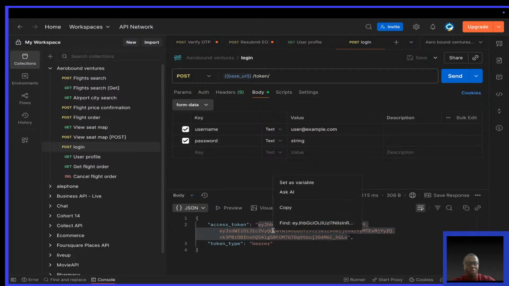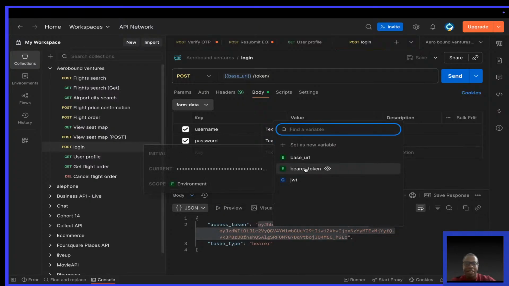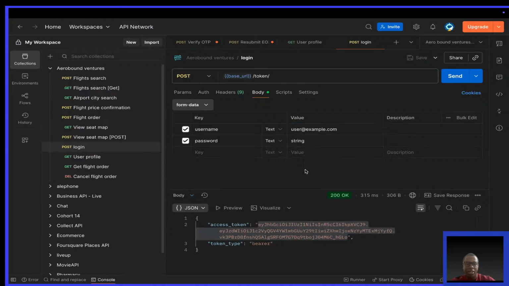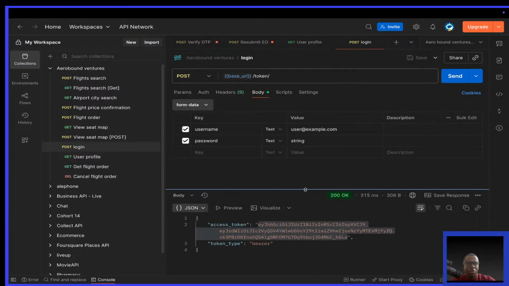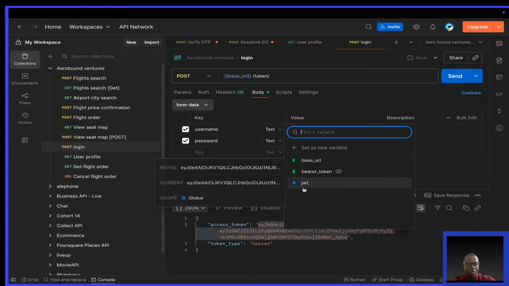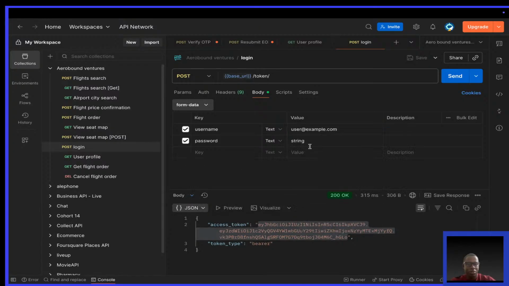So we go to token. We can now set it as a variable. I click bearer token, and that is it. So when I go to user profile, let us try it out. So we shouldn't get this error 401 unauthorized. Okay, we still get it. So which means the token has not been set. First copy it, set as bearer token,